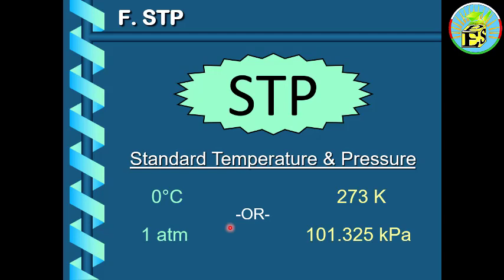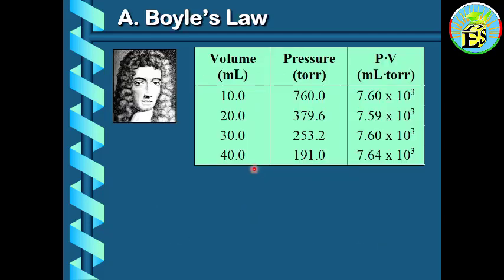Standard temperature and pressure is 0 Celsius, or 273 Kelvin, and 1 atmosphere, which equals 101.325 kilopascal. This table represents different measurements for volume and pressure, and we get P multiplied by V having the same value,